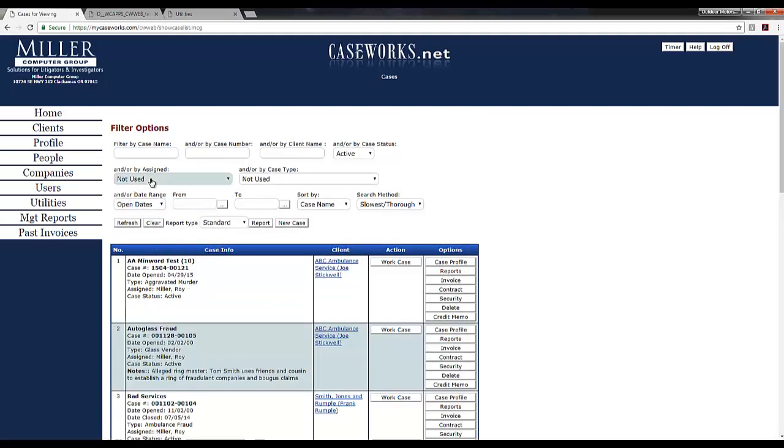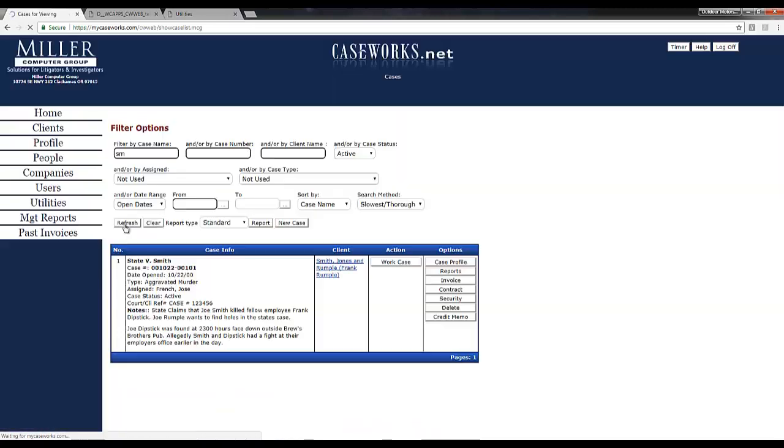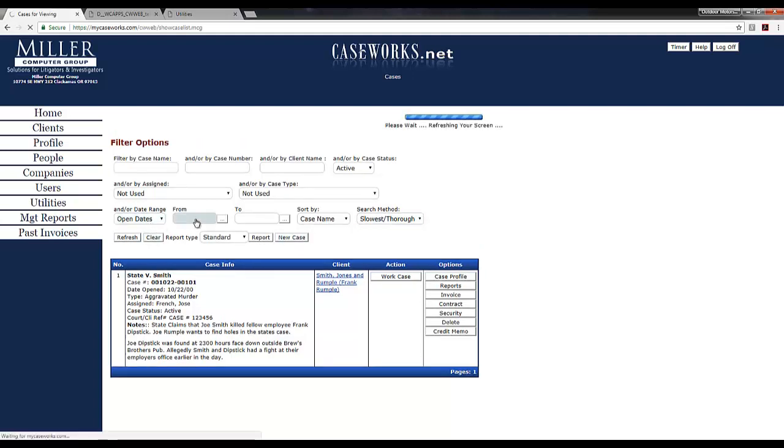So let's apply another filter. Maybe we can't remember how to spell State, and we know the individual's last name is Smith, so I can type in SM and then do a refresh off of that. Now the program is going to show us all cases that have SM somewhere in the case name, and once again it has pulled up the State v. Smith. So I'm going to go ahead and clear that option out now and go back to our all cases